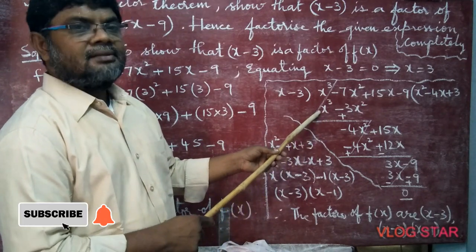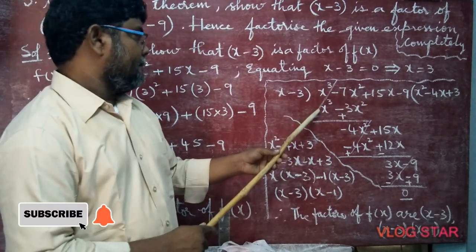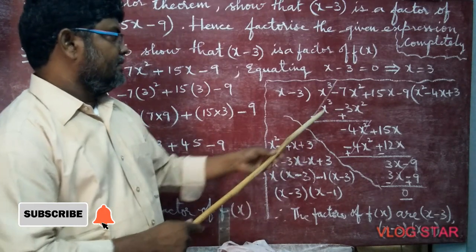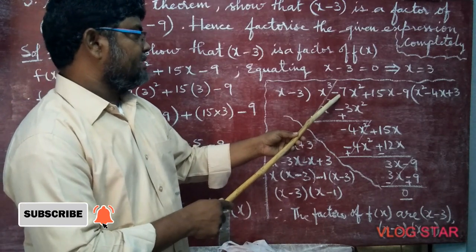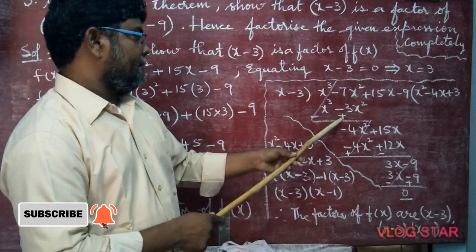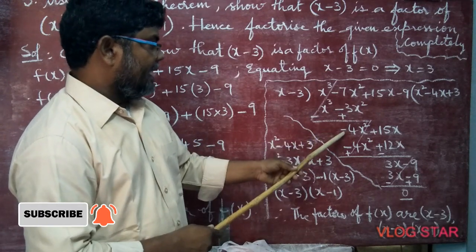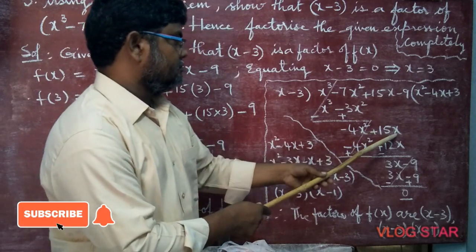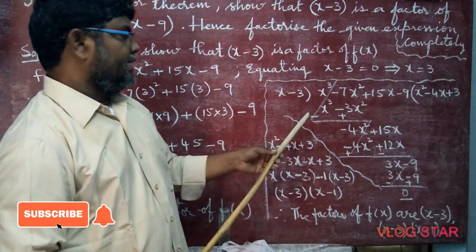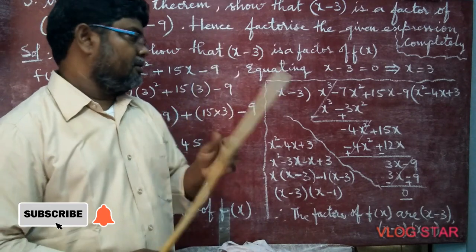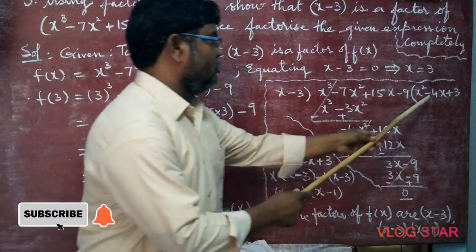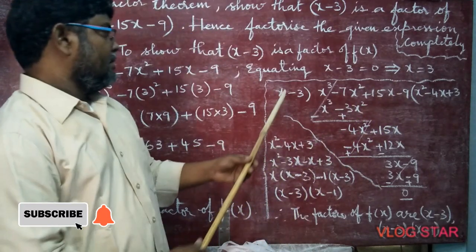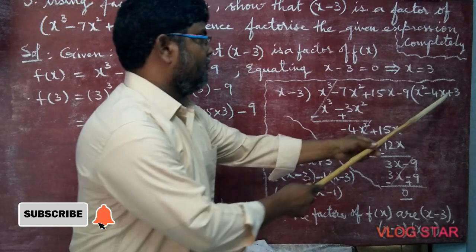Now you are subtracting. The second one's sign changes: plus becomes minus, minus becomes plus. Both get cancelled. Minus 7x square plus 3x square is minus 4x square. Now bring plus 15x down. Now again sign, number, variable. Here the sign is minus, so minus we should get. 1 goes in 4 times. x goes in x square 1 more time.